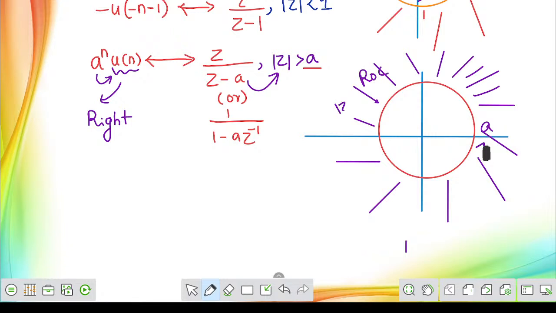So mod Z must be greater than a. That's it. Suppose the same sequence is given as minus a power n into u of